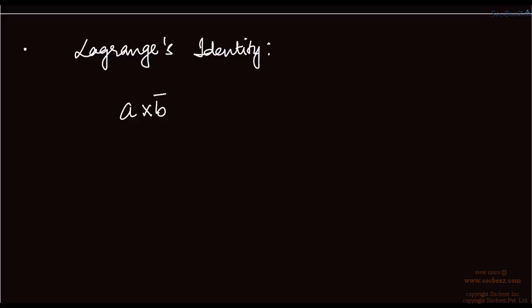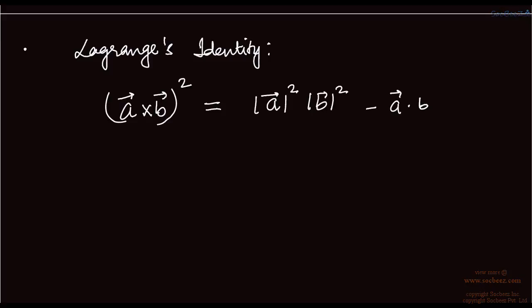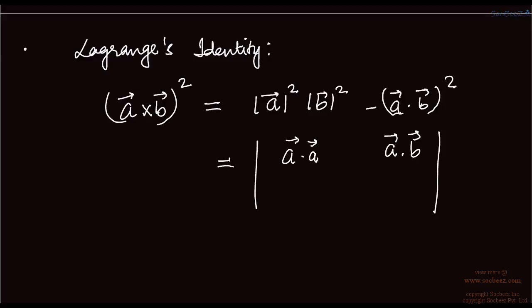This says that if you have two vectors, A cross B, then its square will be equal to mod of A vector square into mod of B vector square minus A vector dot B vector whole square. Or it can be written as A dot A, dot B, A dot